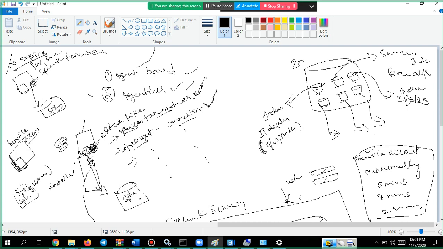Once you have created one service account on this machine, you will create the configuration here in such a way that it will go and pull those logs from there and update the index in the same way.